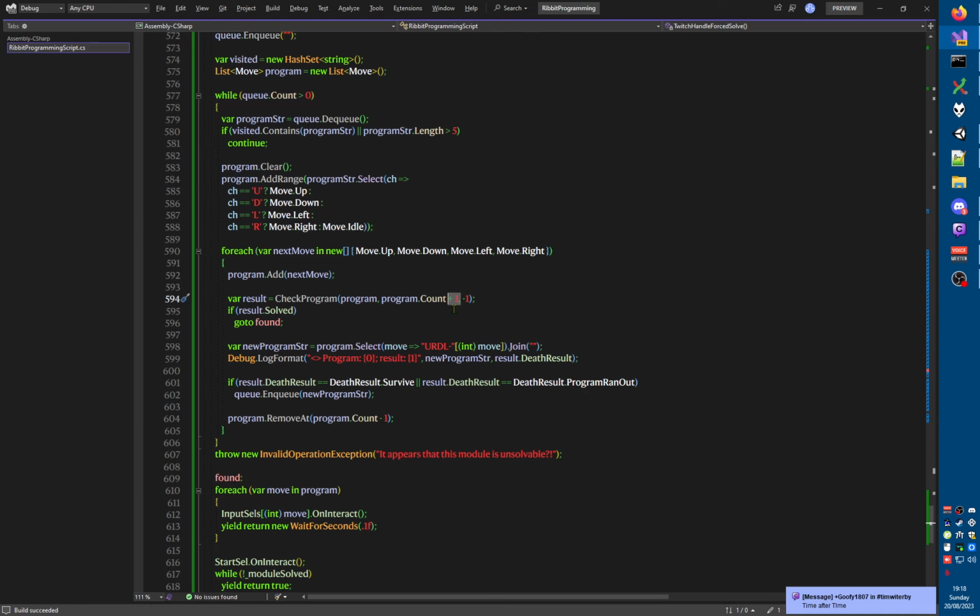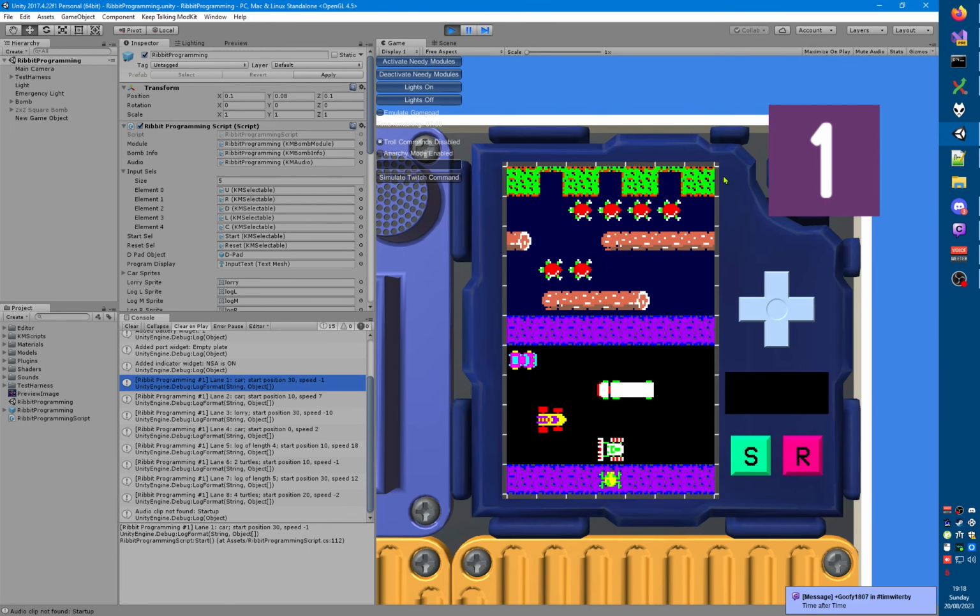Now, here comes a complication that I've been holding off on telling you about, but I think now might be the right time. Imagine this log here at the top of the screen. You will notice that it has a gap of only 2 spaces, right? So this log is of length 5. That means that the frog could be just here on the left edge of that log. And now imagine that log is all the way to the right of the screen. Now, if the frog is on the right edge of the screen, the frog will get pushed, like the edge of